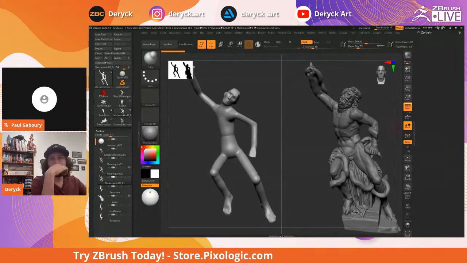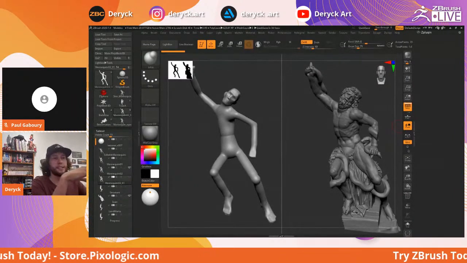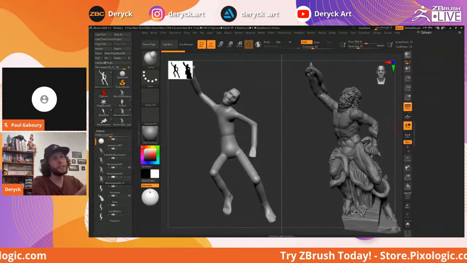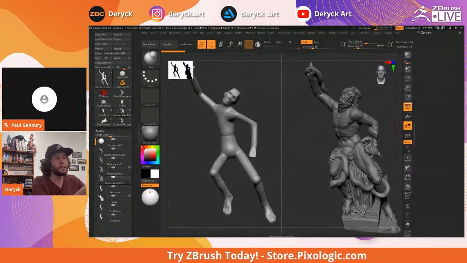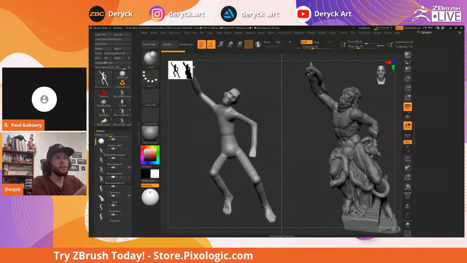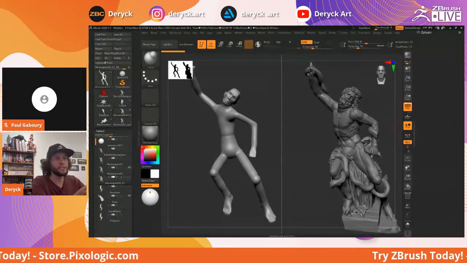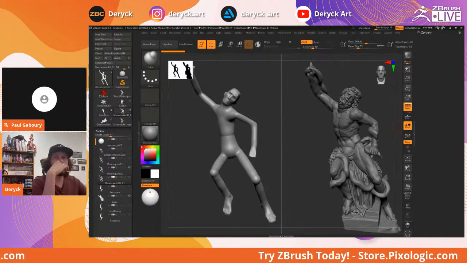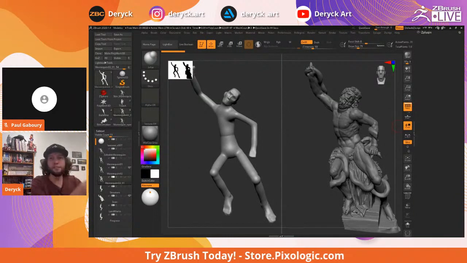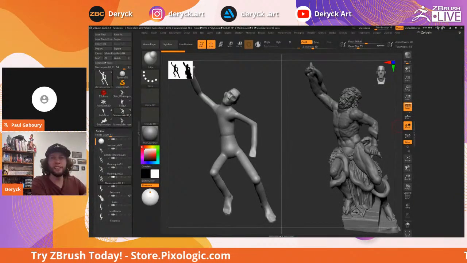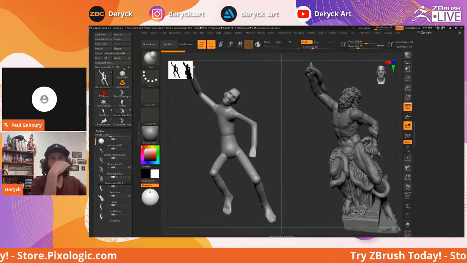After I have my mannequin, the next step would be to build up this mesh to look like the reference that I have on my right side. But just for the sake of studying here, to demonstrate to you guys, I'd like to talk a little bit